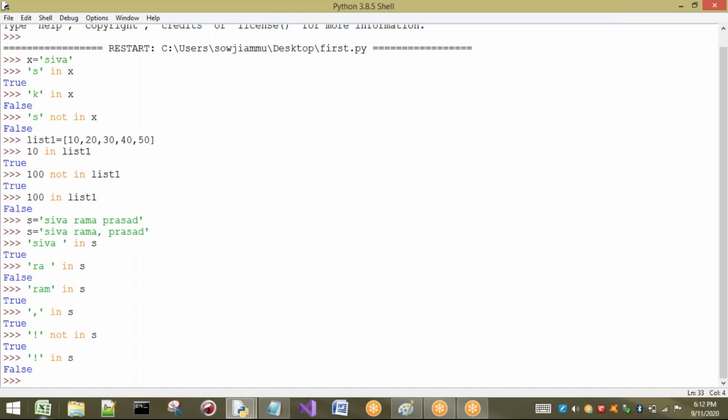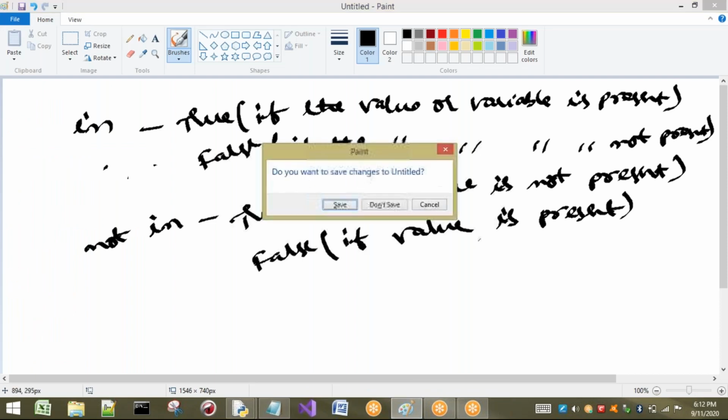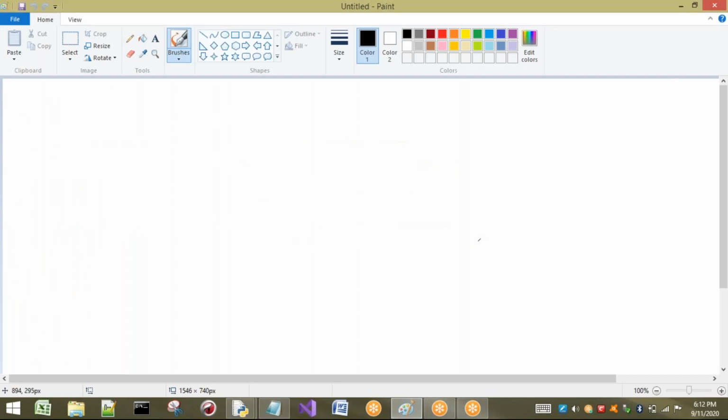So what are the membership operators we are having? In and not in. These are the membership operators we have in Python, and these are the different types of operators in Python. Once briefly, let us see the operators we have discussed. First, arithmetic operators.